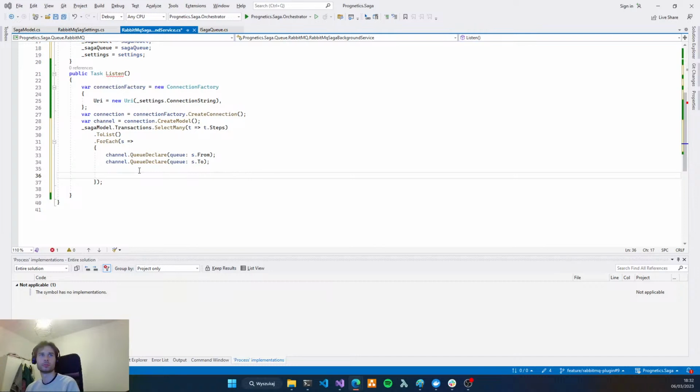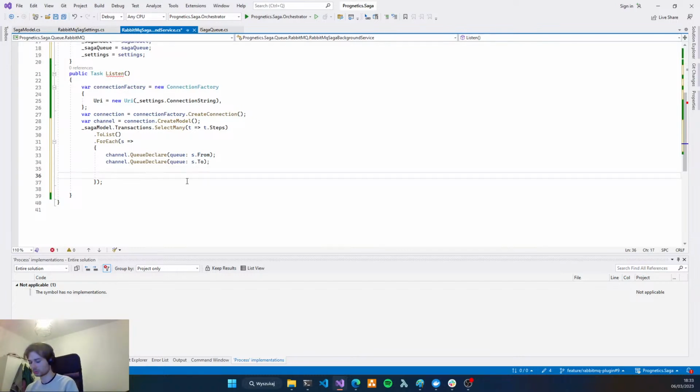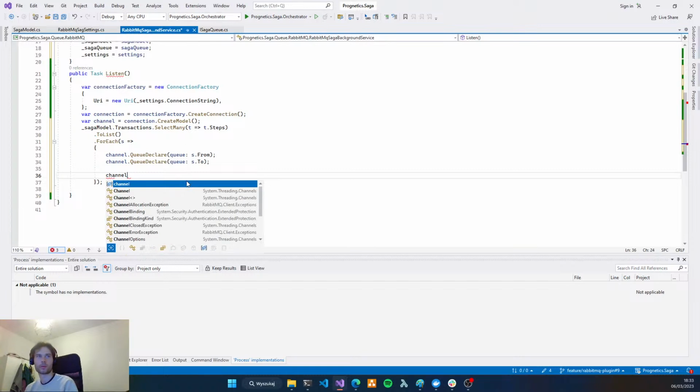We want to first create, for each from queue, for each message that will come from the RabbitMQ queue, we want to react on this.